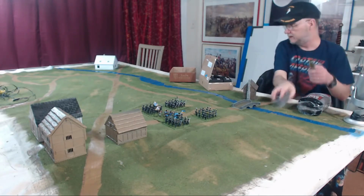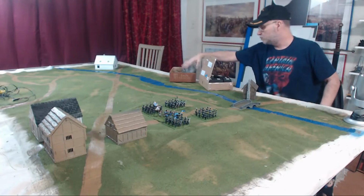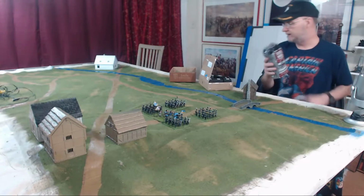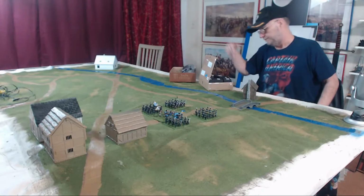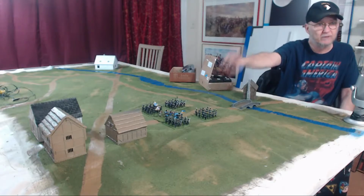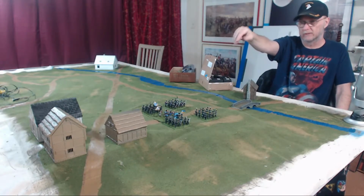We'll see if I'm going to need to make any more of those or not. The steel wool is super cheap. It comes with like a dozen pads in here, and I haven't even used 1/4 of one pad on that thing. So, okay. Next thing, you can probably see out there on the table, I've finished my Brunswicker light infantry